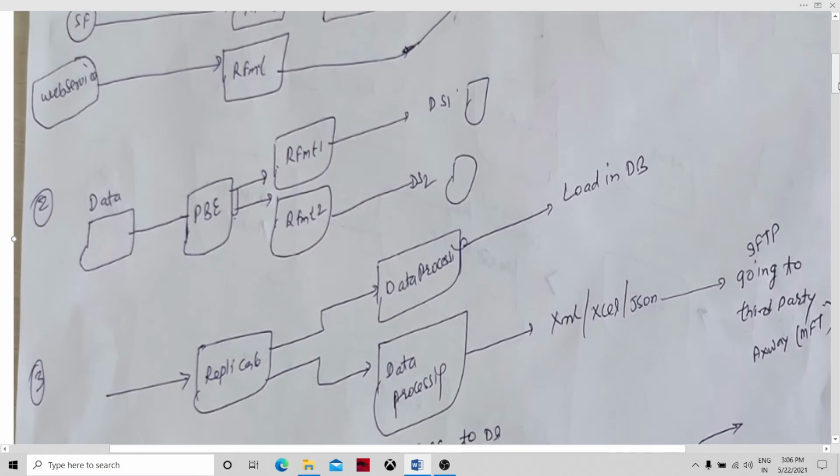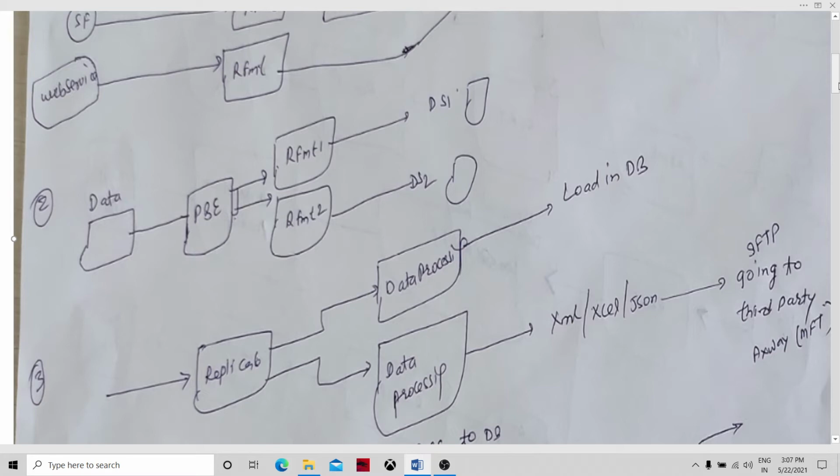The second way is where we have one input data set, and we have to process it and write two data sets. Let's say we are getting the data from various regions, maybe the Asia Pacific region, the North American region, and we have to prepare two data sets to send to two different clients.